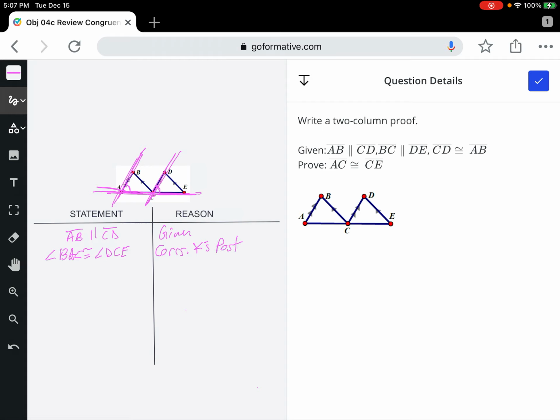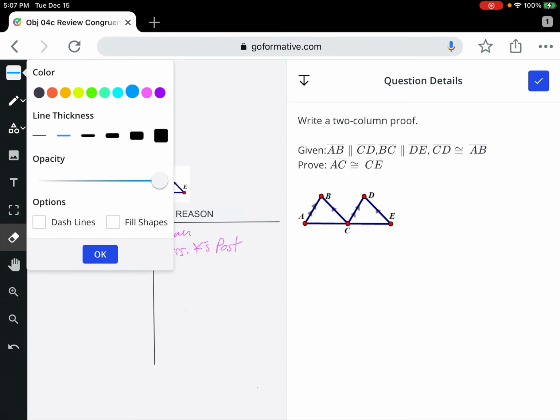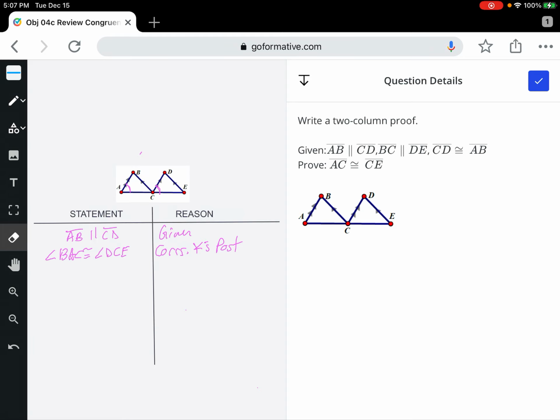And if you forget it's a postulate, it's okay. But that's one thing. Nice thing about formative is you can kind of delete these extra marks that we use to show our work. I go to the other side, and you can do this in certain orders as long as you make sure you say it before. So you also are given that